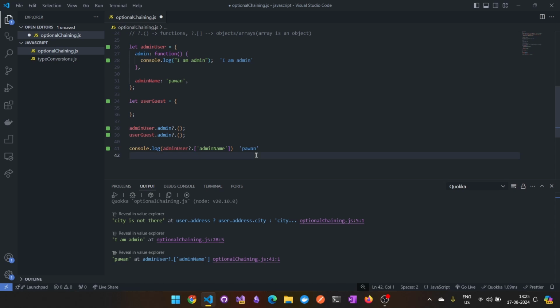Okay. So if admin name exists inside the admin user, then we are going to safely access it, because admin user again is not undefined, it is a valid object. And then we're trying to access a property inside it, which is admin name. Let's say admin name, we change it here to 11. So it is going to give us undefined. It is not going to throw us any errors. Okay. But if we have